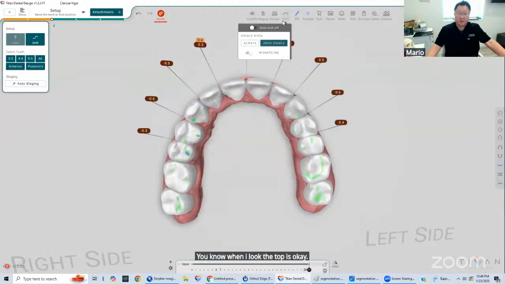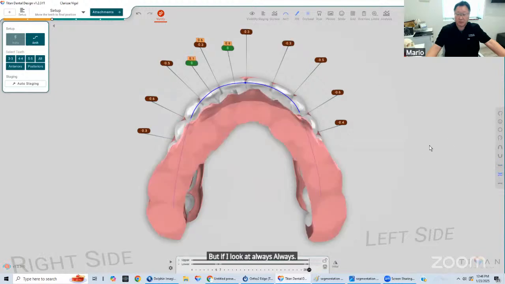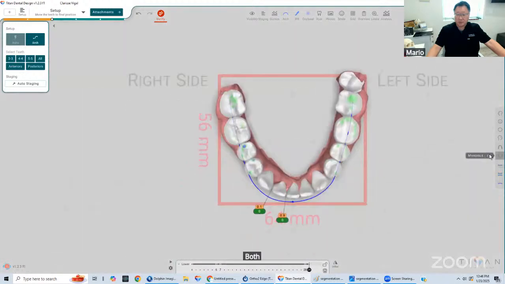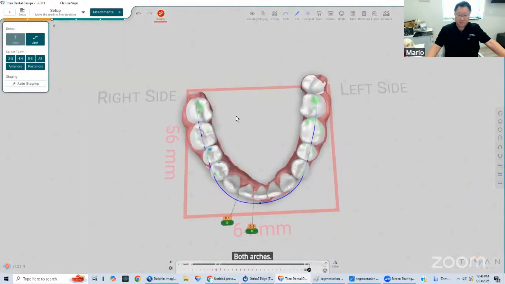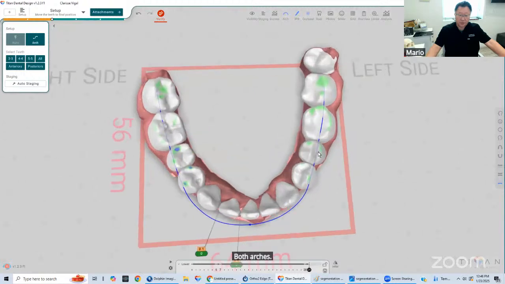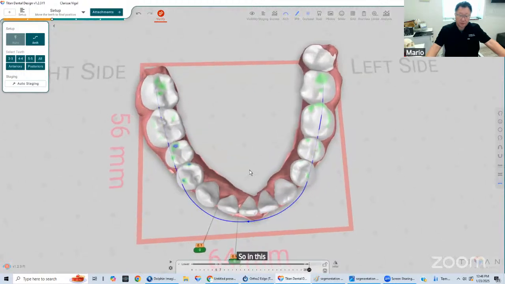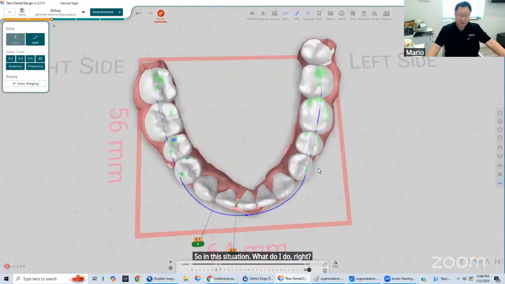But if I look at both arches, in this situation, what do I do, right? I have to decide. We all know that occlusion is important. I did not disturb anything in the back. However,